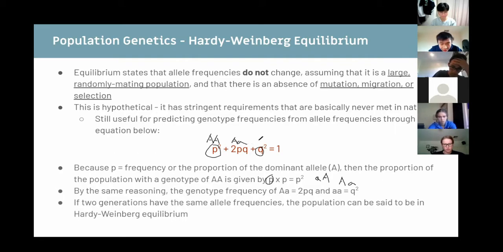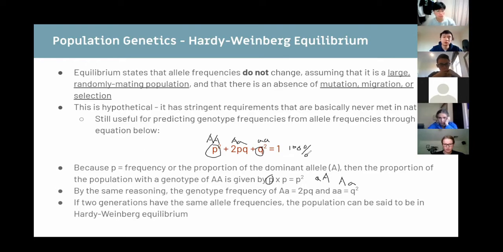So what this equation is really saying is the proportion of people with big A big A, which is P squared, plus the proportion of people with big A little a, plus the proportion of people with little a little a, is equal to 1, or 100%. And that makes sense, right? Because that's all the combinations you can get: big A big A, big A little a, and little a little a. That's all the combinations you can get,